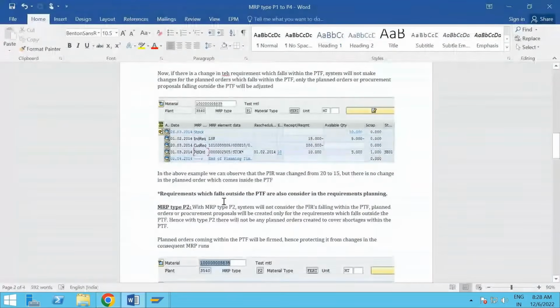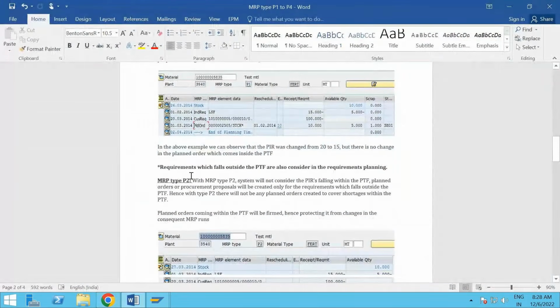With MRP type P2 or M2, the system will not consider the PIRs falling within the PTF, or planning time fence. In M1, or P1, whatever is inside the PTF is considered. But in P2 or M2, it will not consider anything in the PTF. And if there is any planned order created outside the PTF, it will be deleted automatically if you update the MRP type. Planned orders or procurement proposals will be created only for the requirement which falls outside the